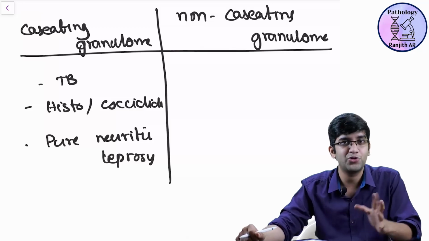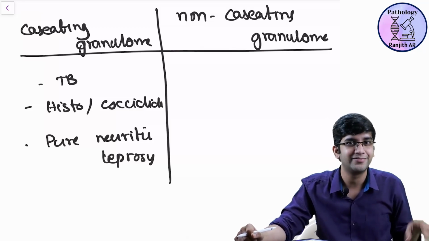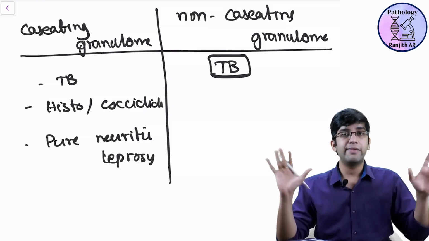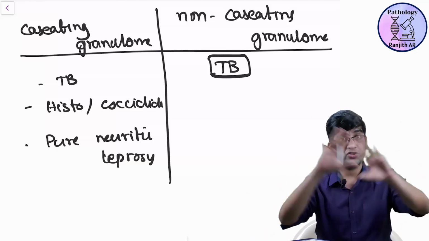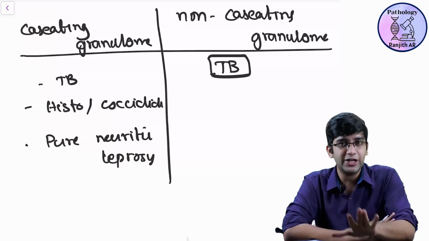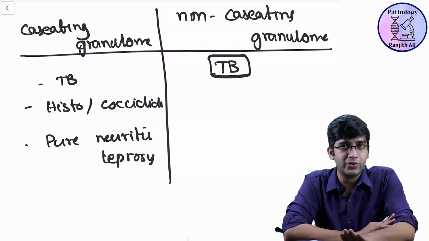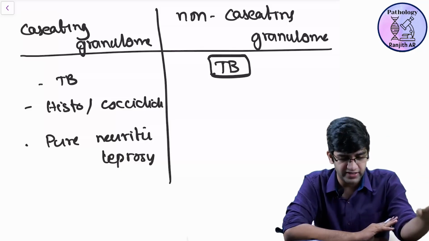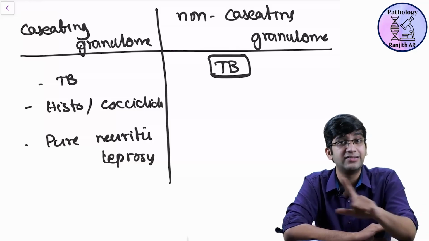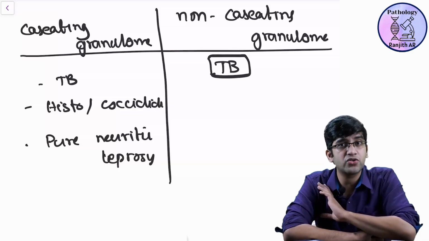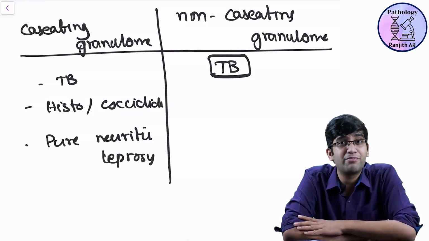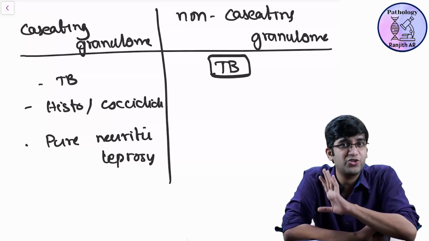Non-caseating. I'm sure your brain will be shouting sarcoidosis. First and foremost is tuberculosis. Write this in big letters. If you want, take a photo of this and paste it all over your room. I never want you to forget this. Granuloma, necrotizing or non-necrotizing, has to be tuberculosis first, always. It's a rule. This came in last year's NEET exam. Many students wrote it wrong. Just because you diagnose sarcoidosis, you're not a great doctor. You have to diagnose tuberculosis. That makes you the great doctor.